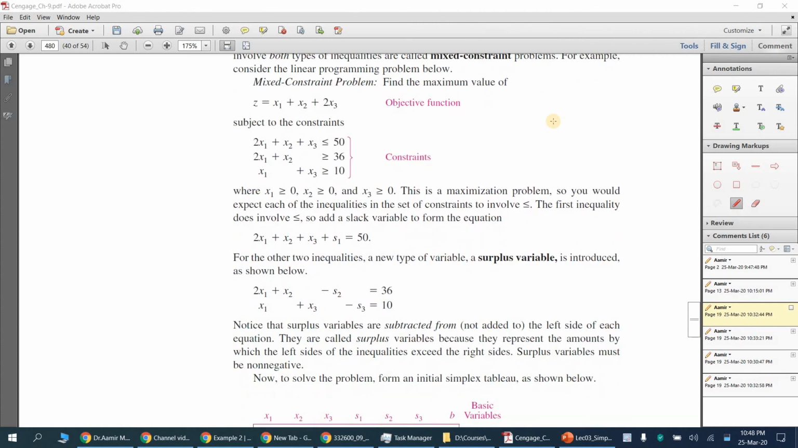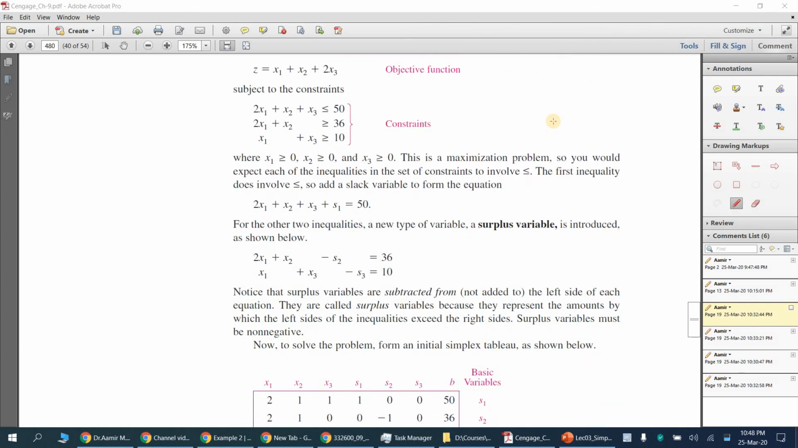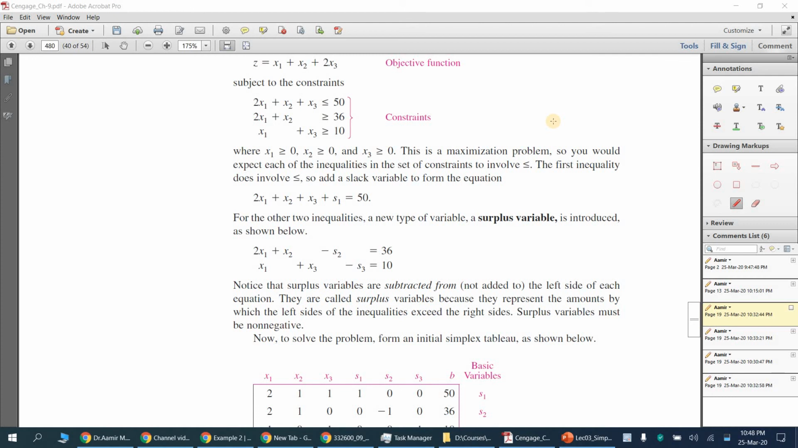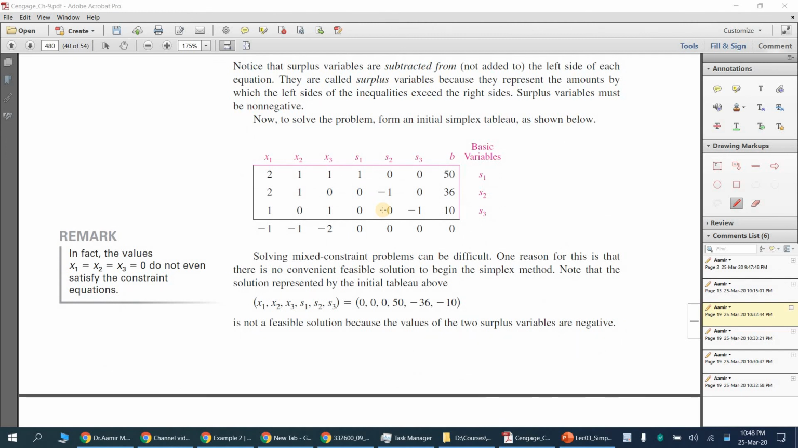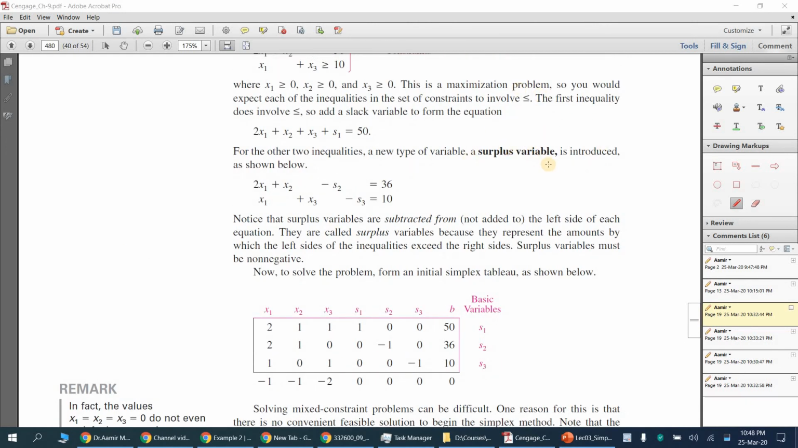Then there are mixed constraints. Mixed constraints I don't think you will be using for now. Another thing that comes, okay, I will discuss that in another video I will make, and I will discuss the surplus variable. I think it's enough for now. I'll take a break and then I will discuss with you people the remaining topics for simplex, the M method and the